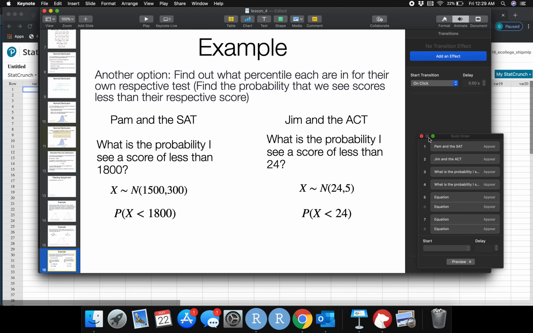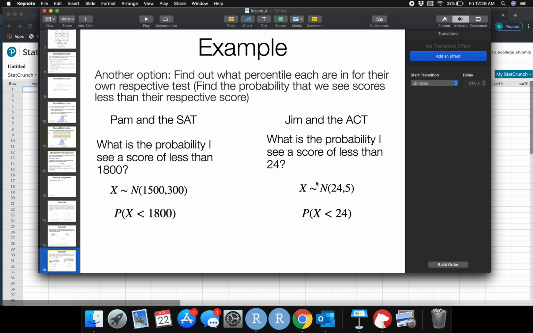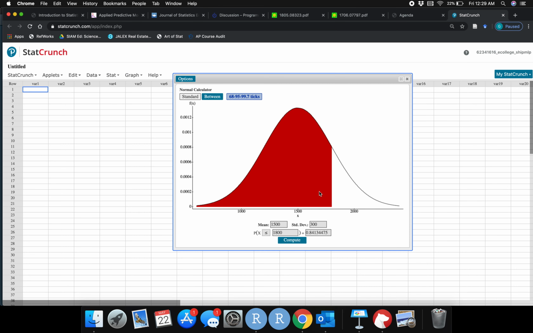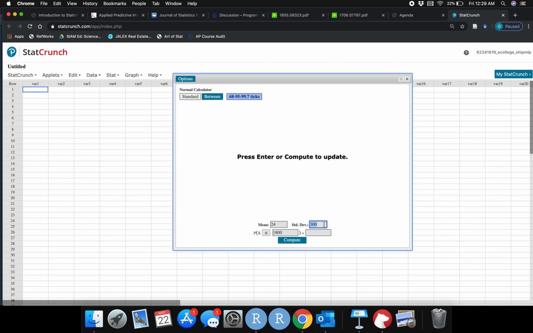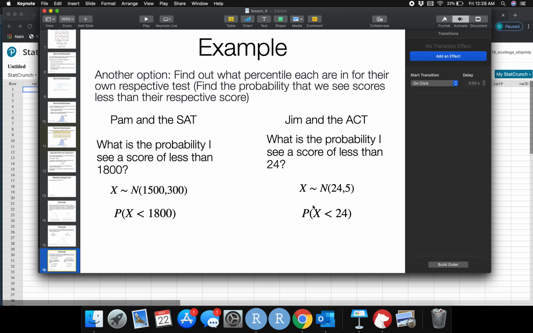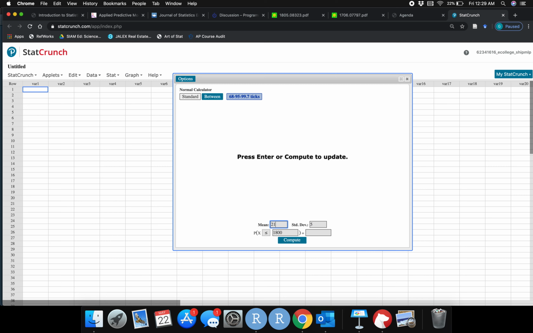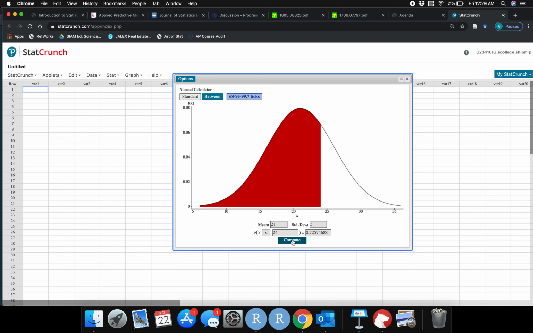So back here for Jim, Jim's normal distribution is a mean of 24 and a standard deviation of 5. I'm sorry, mean of 21. This is wrong. It should say mean of 21, standard deviation of 5. And I want to find the probability of getting less than a 24. Okay. And I click compute,